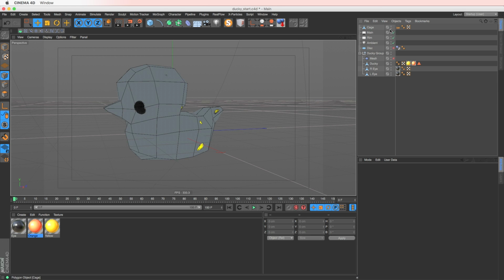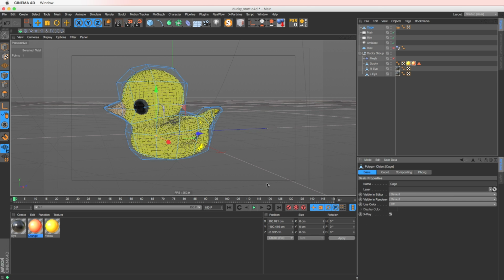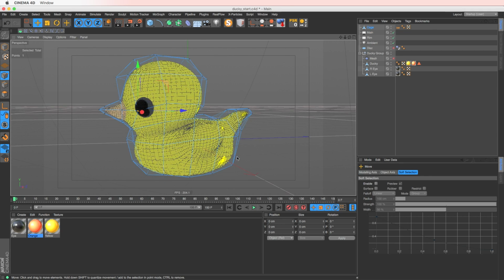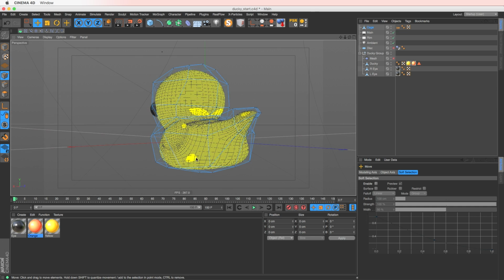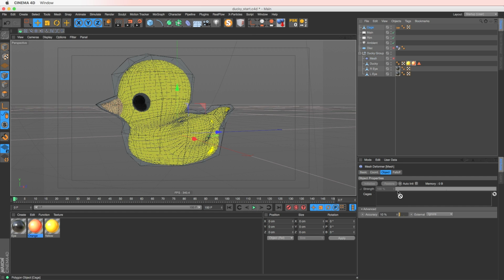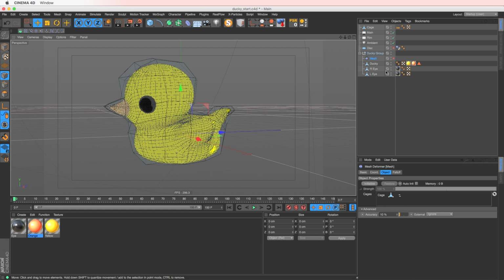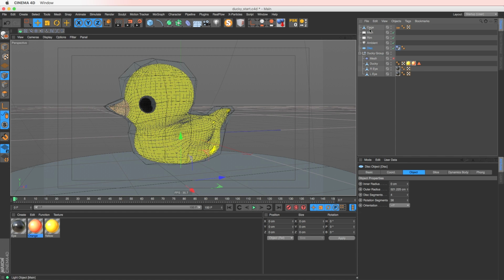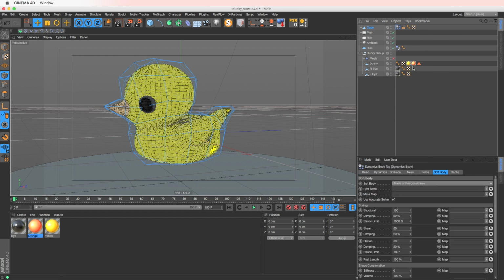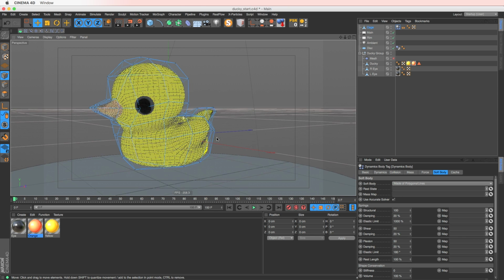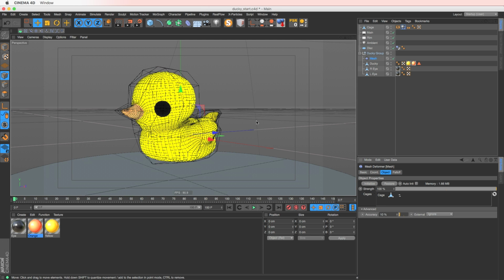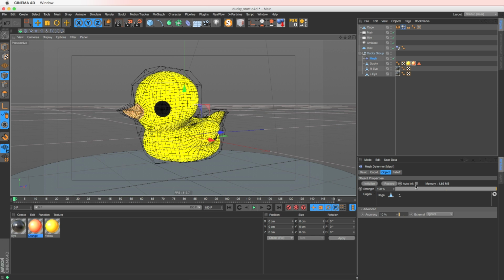I already have my cage done here, as you can see, and just very boxy. You can see that my eye is not fully in, but we'll be okay. You can see a little bit of his butt cheeks poking out there, a little bit of his tail. But what we're going to do is use this cage, and let's bring back our disk object here. And then again, just like we did with our box cage, we'll apply some soft body to this as well. And let's turn back on our mesh, hit initialize, and again, that'll store that in the memory,